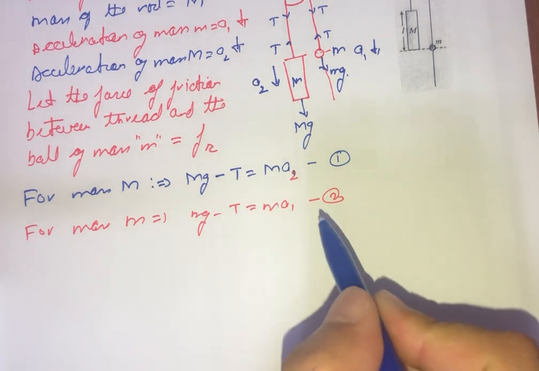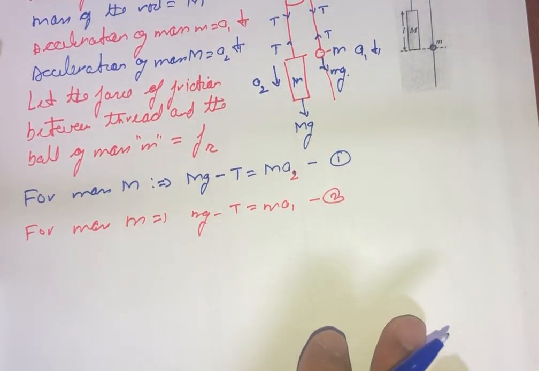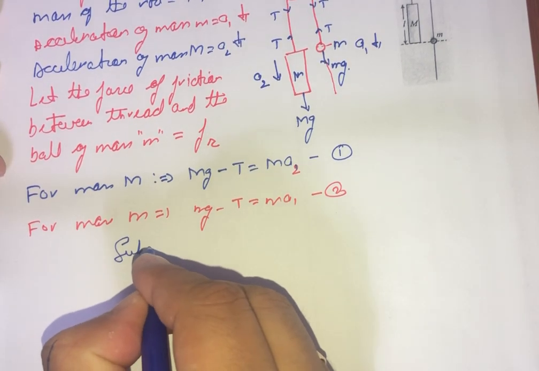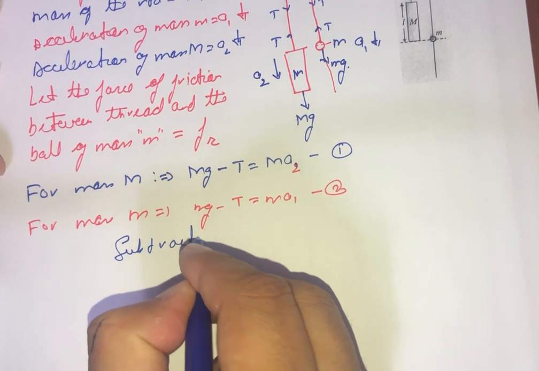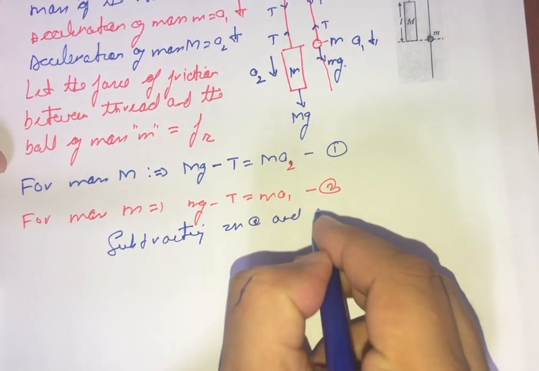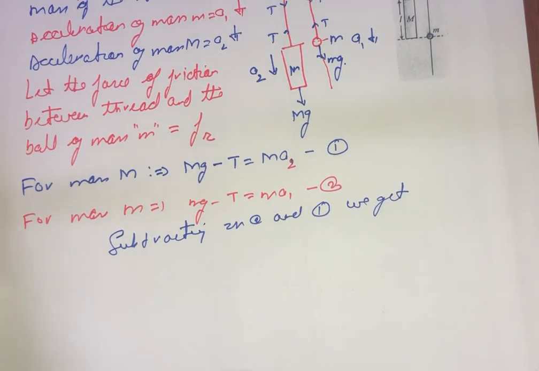So if we subtract equation 2 and 1, we get